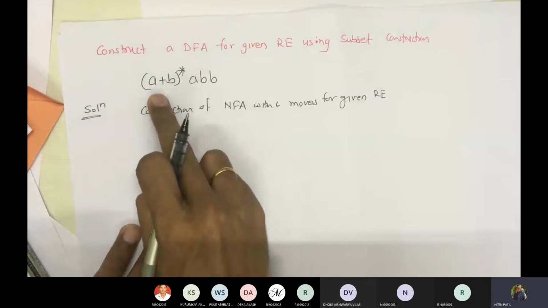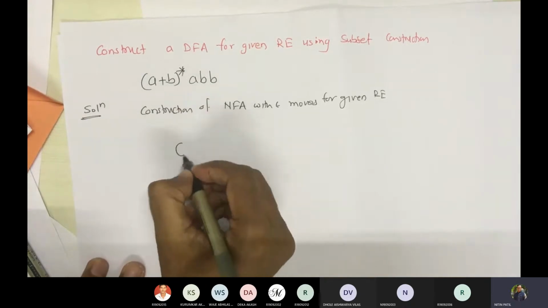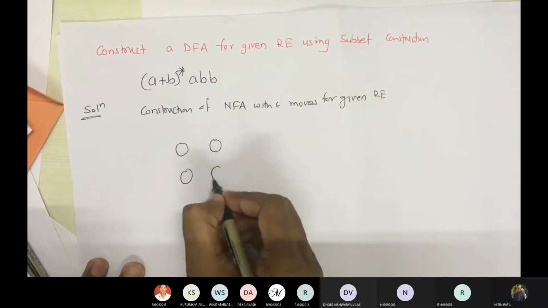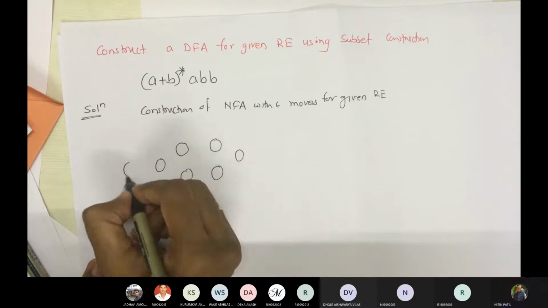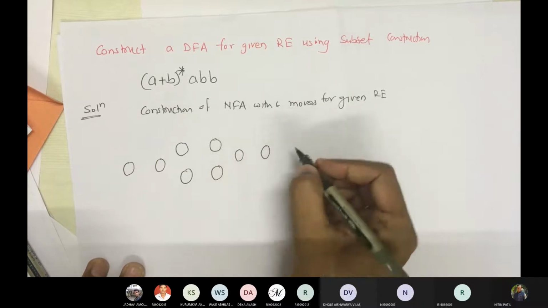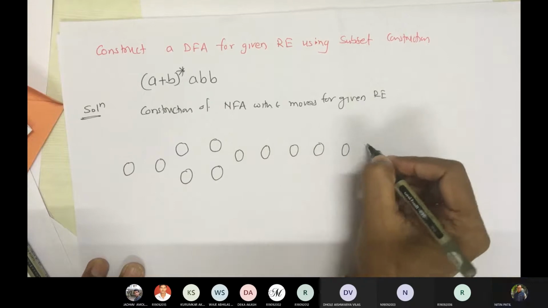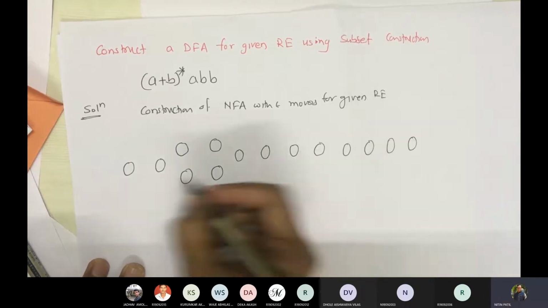Now we have (A plus B) star ABB. If we recall, we said we'll draw A plus B this way. This is A. This is B. This is A plus B. Then this would be star. Fine. Then this is A. This is B. And this is another B.